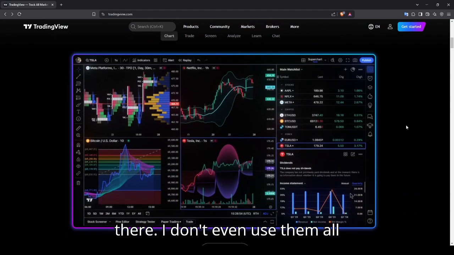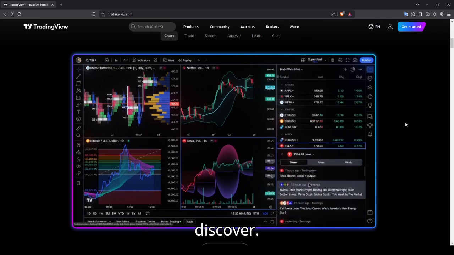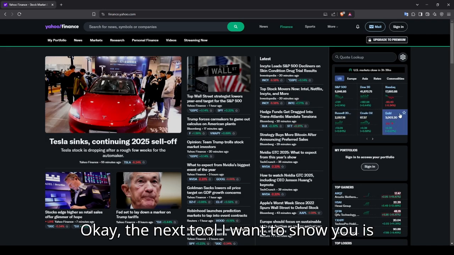So they have some really great tools in there. I don't even use them all, and there's always something new to discover, by the way. Okay, the next tool I want to show you is